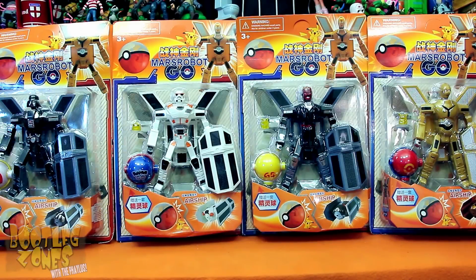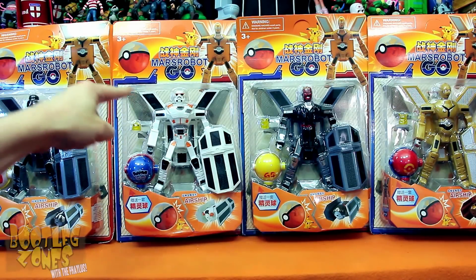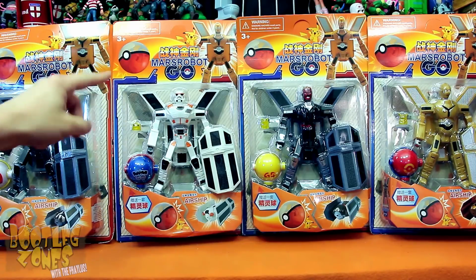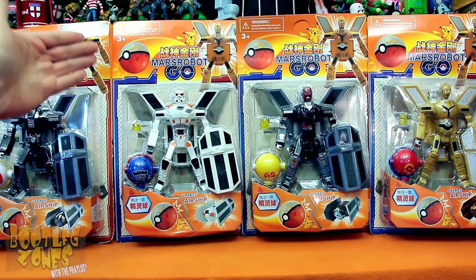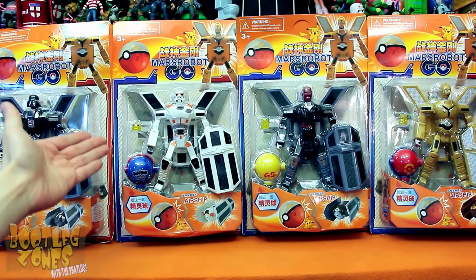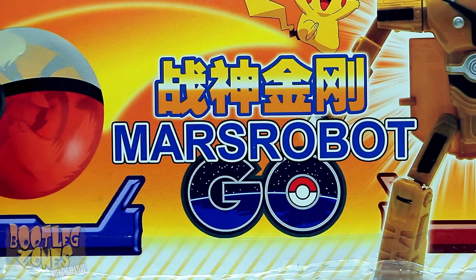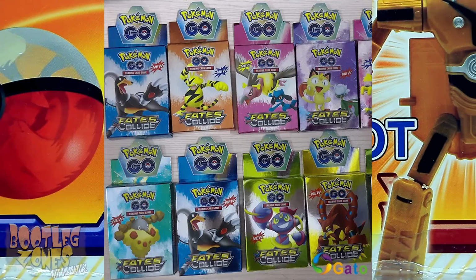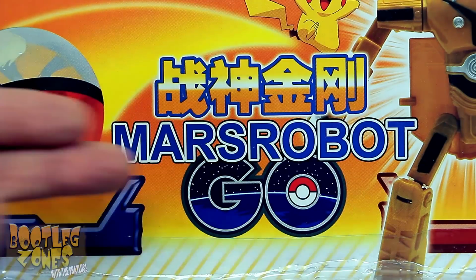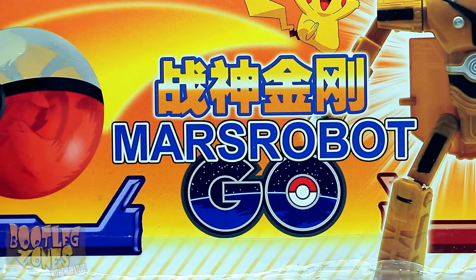Alright guys, here we go! MarsRobot Go, that is! Because Mars has a lot to do with Star Wars, or Pokemon, or Transformers. I know these days it's pretty popular for Pokemon bootlegs to try and cash in on Pokemon Go by nonsensically adding the Go on a bunch of things, but I haven't seen this trend quite as much with Star Wars